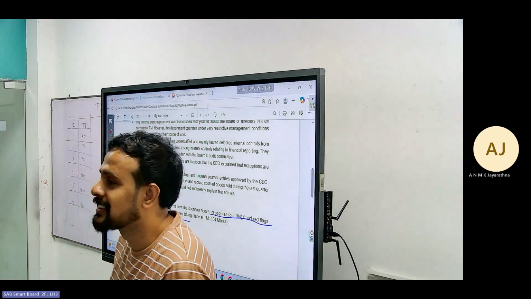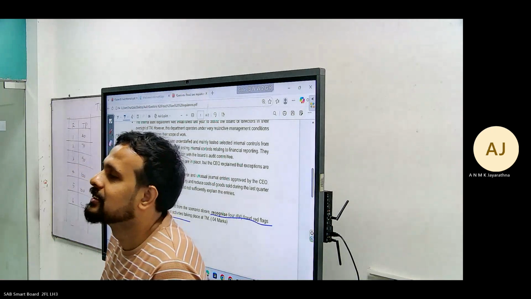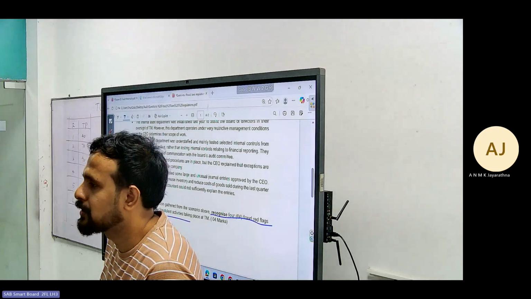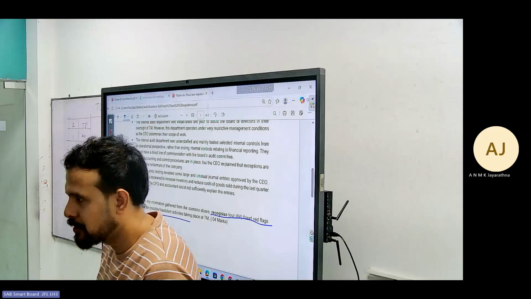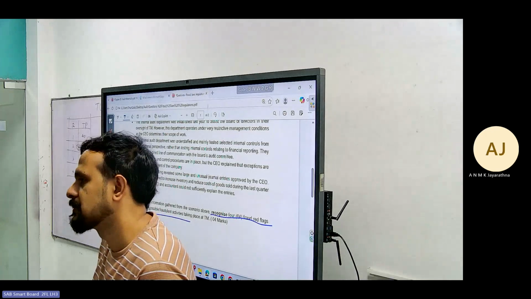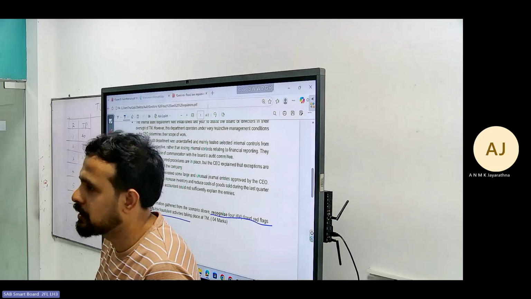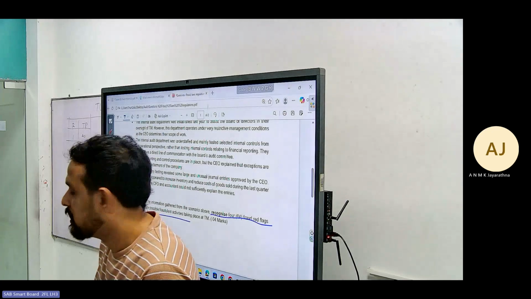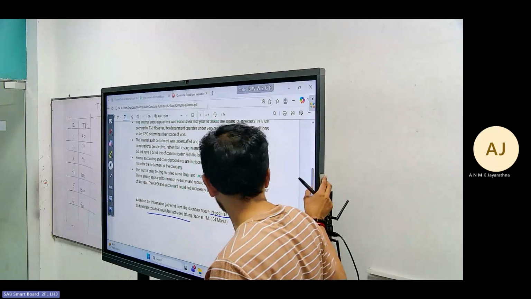The types of fraud. The other types of fraud. First one, fraudulent financial reporting. Second one is misappropriation of assets. So fraudulent financial reporting red flags, misappropriation of assets. Right. So now you have to read the case,